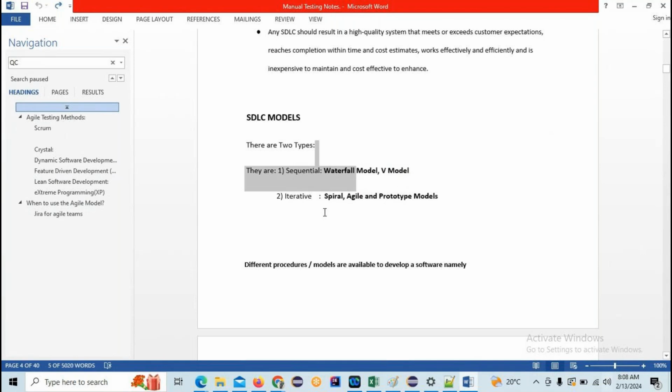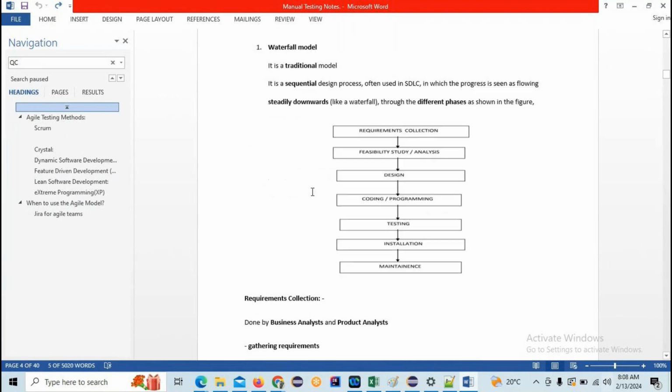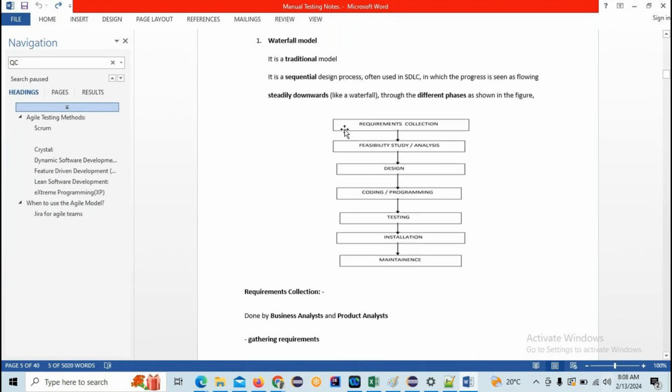Let's see. The first one is the waterfall model. Most of you are aware of waterfalls, right? How does the water fall from top to bottom? Water steadily falls downwards, is it or not? In a similar way, whatever methodology you are using, sequential, that is waterfall or V model, or iterative, spiral or agile model,